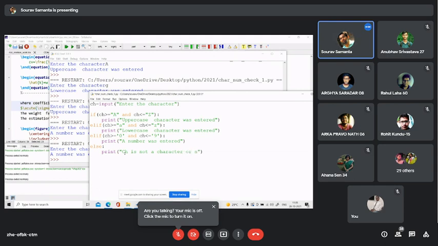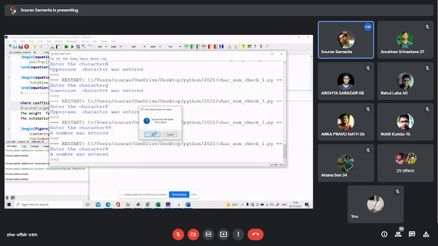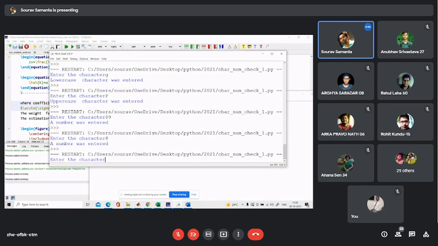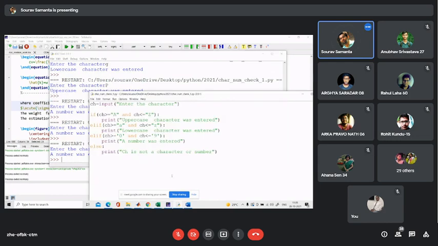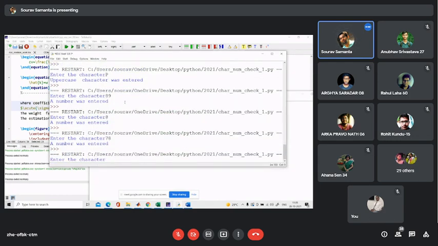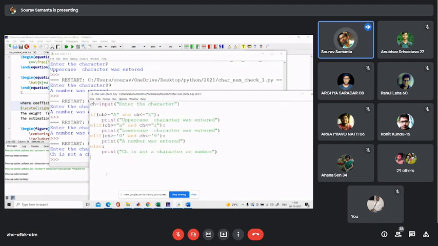Let's take the input. Number entered. What about the special character? Say star. It is not a character or number. Okay, so have you got the logic?